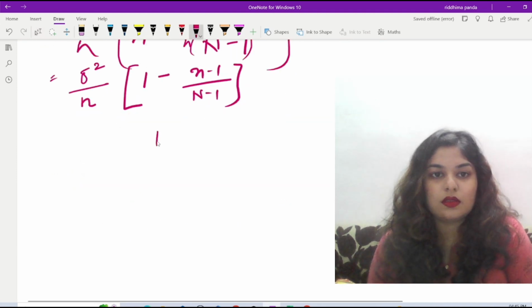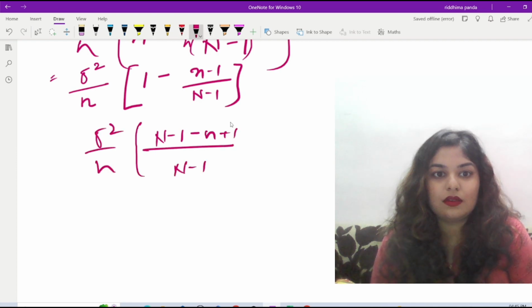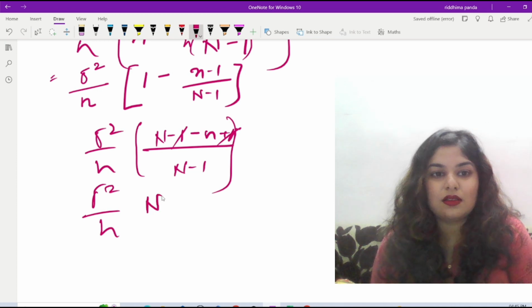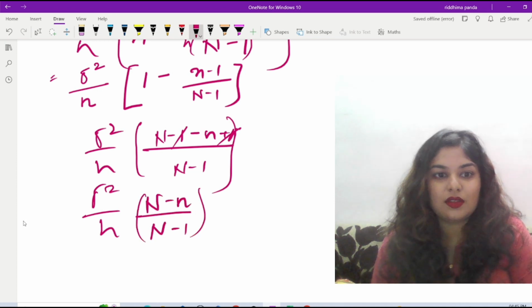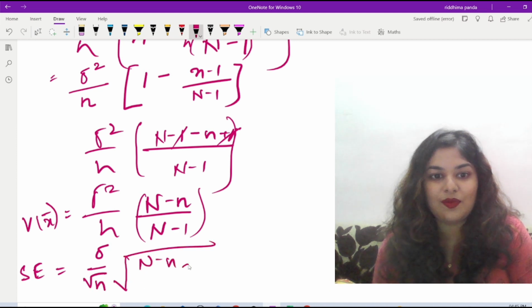So this is n minus 1 minus n plus 1 by n minus 1, and we have sigma square by n. So this is sigma square by n. 1 minus 1 gets cancelled. So this is N minus n by N minus 1. So this is the variance of sample mean. Therefore, standard error of sample mean becomes sigma by root n times root over N minus n by N minus